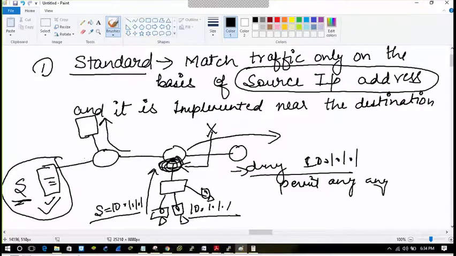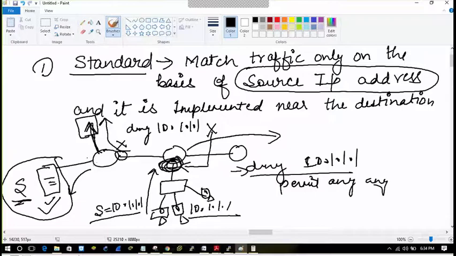Now if I put the ACL here also, with the same statement, deny 10.1.1.1, here also it will get denied, but it will not be able to get to this server. It has been denied to this one, that is okay, but it is also not able to get to this other server.